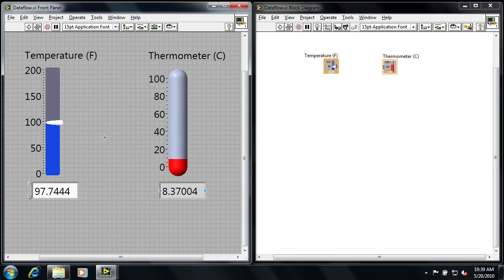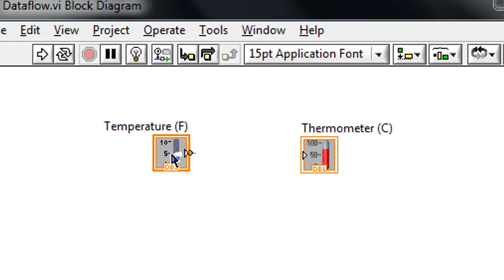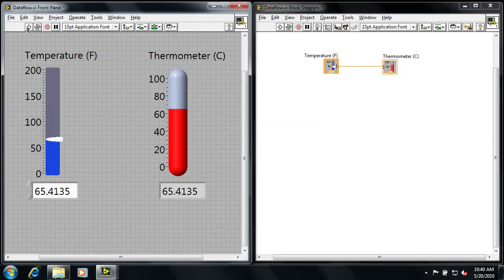Well, if I wanted to pass data between the slider and the thermometer, I can look over to the block diagram and just wire from one terminal to the other. Depending on where I hover over, you can see the wiring tool appear, and I can just click once and wire over to the thermometer, click again, and now data can flow across that wire. When I hit run, you can see the corresponding value then display on the thermometer. I can adjust the slider and hit run again, and I know that I'm able to pass data from one